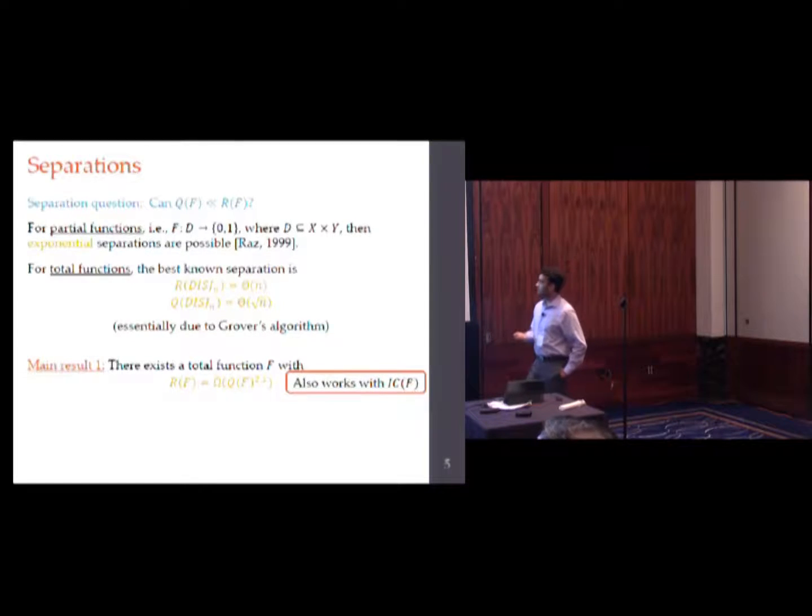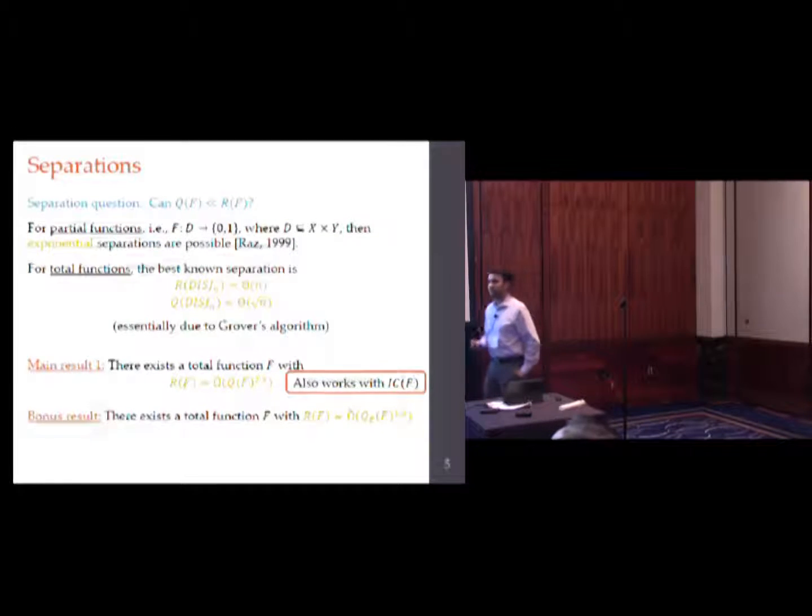And we also get a bonus result from our techniques, which is that there's a separation between bounded error randomized, like the model we're working with, and exact quantum algorithms. Okay, I'm not going to define what exact quantum algorithms are. Also, probably nobody cares. But we just want you to know that there's something you get basically from our technique. It just pops out for free. So it's a bonus result. OK, so that's the first main result.